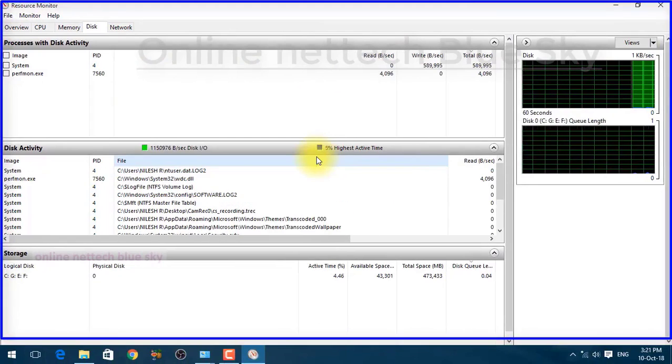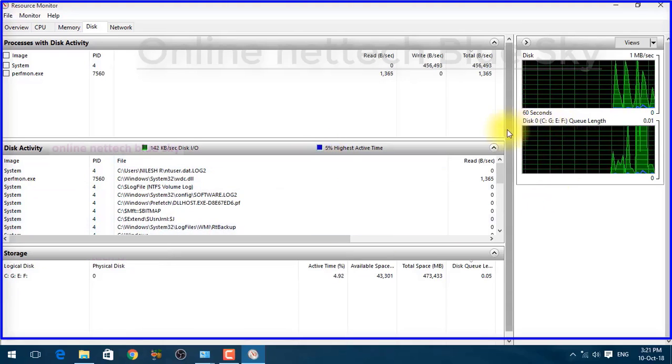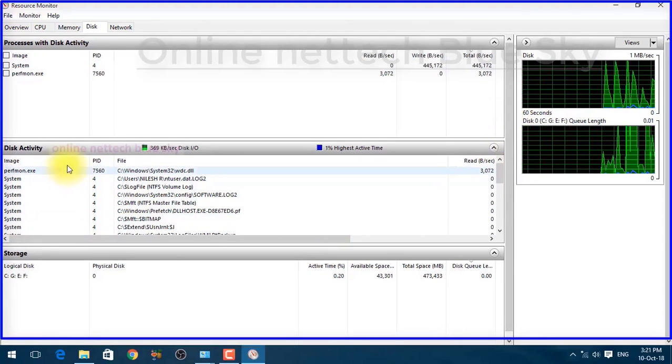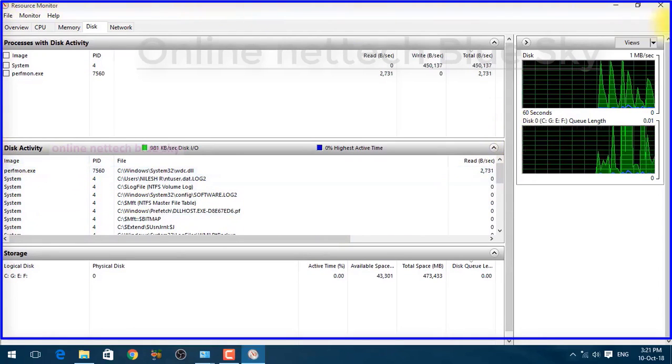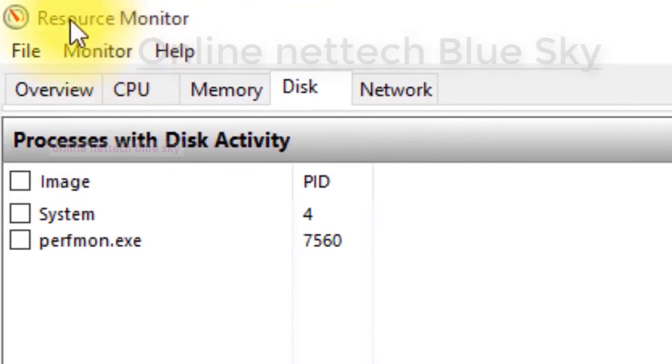So we are talking about all of Resource Monitor and why use Resource Monitor. First you can see the right side and main left side. This type of window appears, and Resource Monitor is available on Windows 7, Windows 8, Windows 8.1, Windows XP, Windows 10, Windows servers, everything.